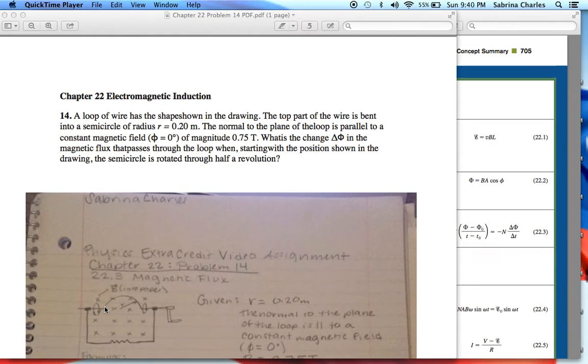So they're asking, what is the change in the magnetic flux that passes through the loop when, starting with the position shown in the drawing, the semicircle is rotated through half a revolution? Okay, so